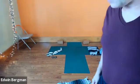Pull your thighs away from your upper arms. Get as long and as thin as you can, side to side. If there's no room, of course, just hold the elbows, but make sure that you've switched the cross. Very good. Now inhale. As you exhale, bring both of your knees into the chest and wrap your arms around